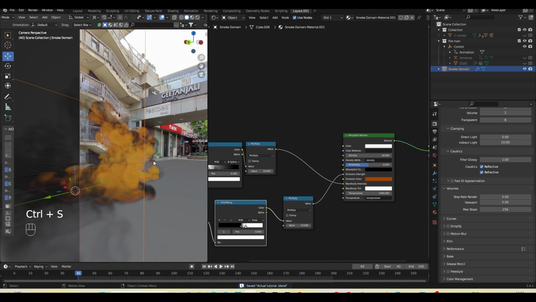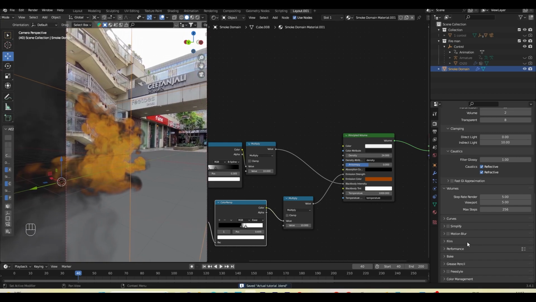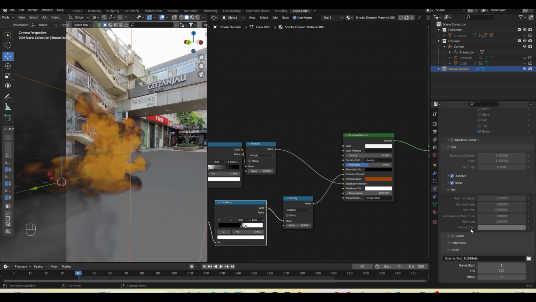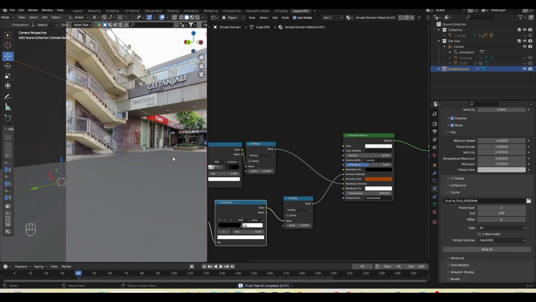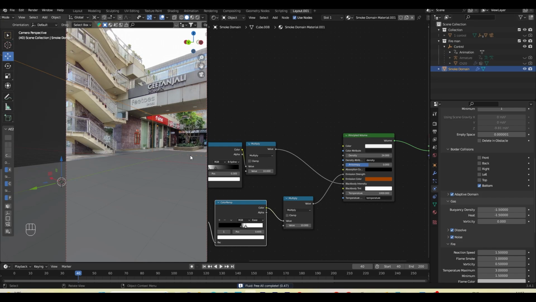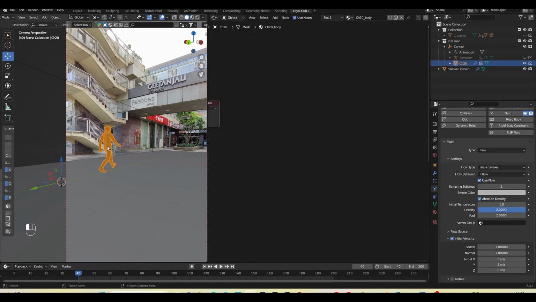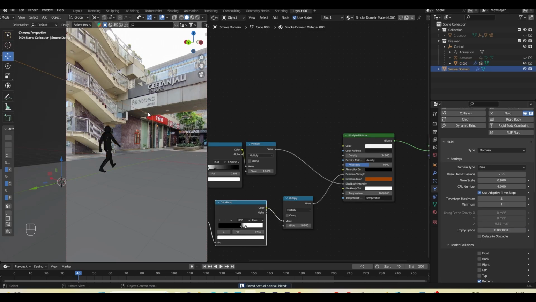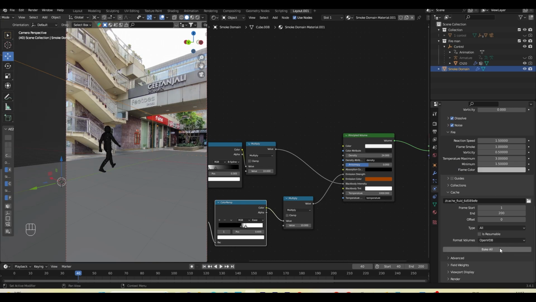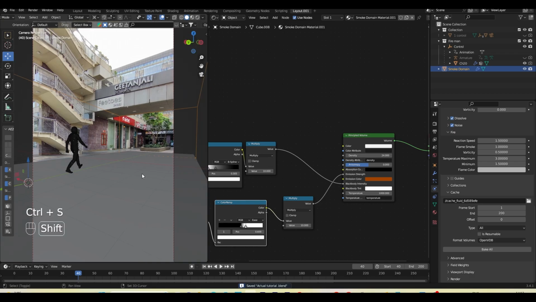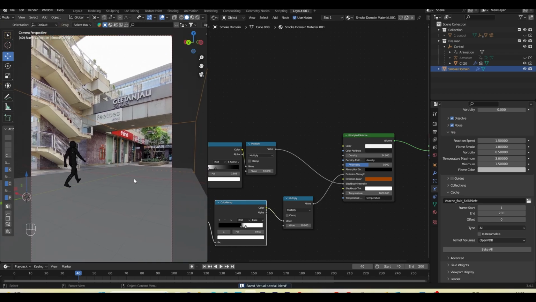The next thing which I want to do is select the domain, go to the physics properties, go down and free all to remove everything. And the next thing I actually want is to select our character and make the fuel around 1.5, so it's a little less than before. And yeah, this is pretty much it. I will select the domain once again, go here and bake all, and it will start from frame 1 and bake everything. So I will see you after the rendering and the baking, and after rendering I'll see you inside